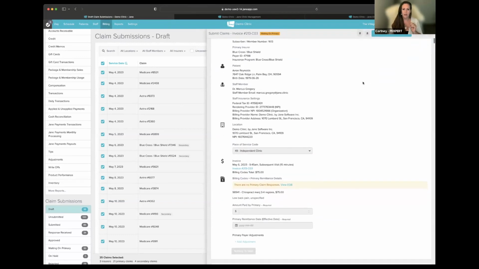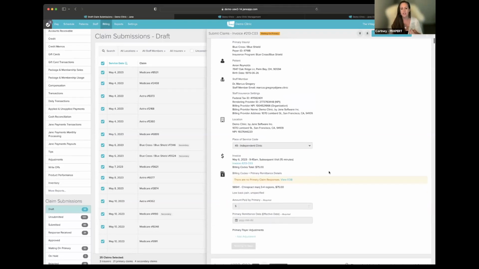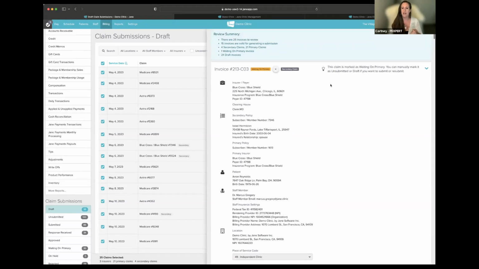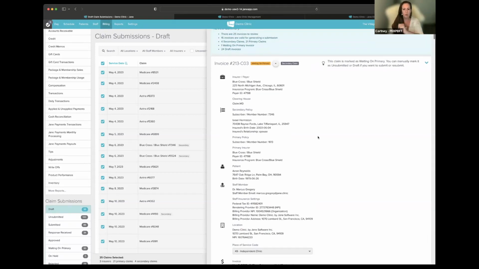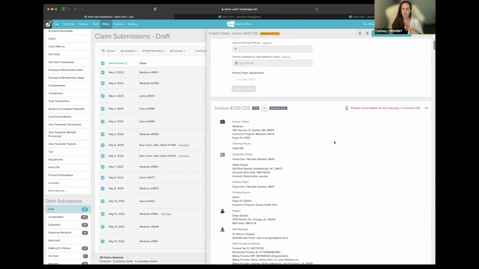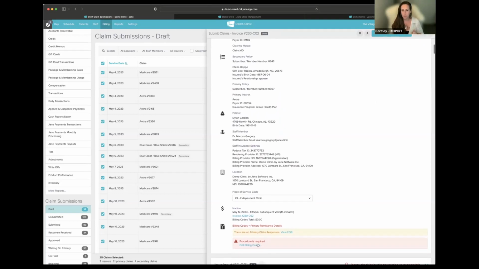Okay, perfect. And so here's our code. So you see the red disappear, and it's marked waiting on primary. Anyway, we won't worry about that right now. So anyway, you go through the list, you check for the missing or incorrect info, and you click the hyperlink